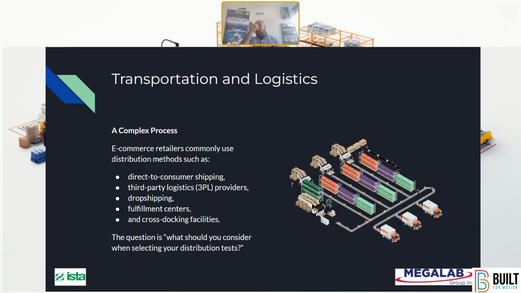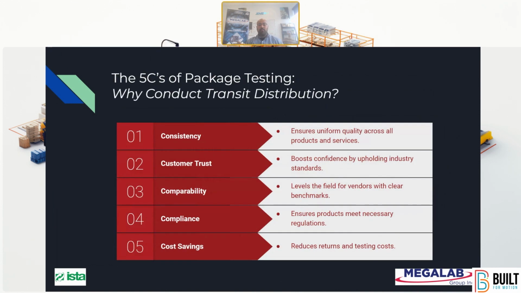Now, talking a little bit about the complex process that is e-commerce distribution, why is it that way? I think it has a lot of reasons, but one of the big facets of complexity here is the variety of services that interlock to actually get a package from your manufacturer to your distribution to being repackaged to all the way to a customer's front door. So, the main question that customers ask me is, what should I consider in selecting these distribution tests, given the complexity and the nature of how every shipment even might be different per SKU, per incoming vendor, or per customer delivery? So touching a little bit on that,